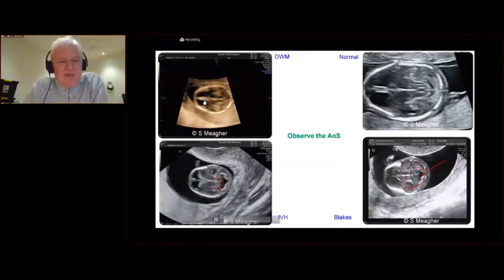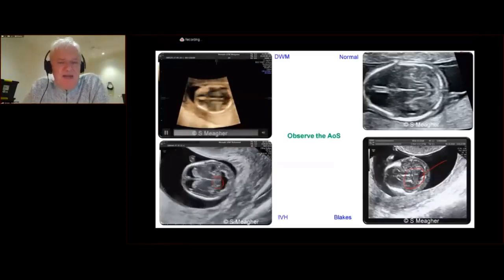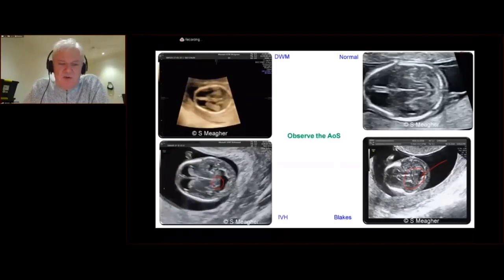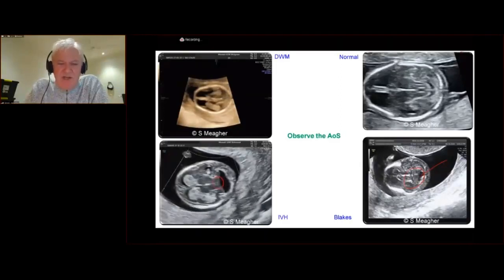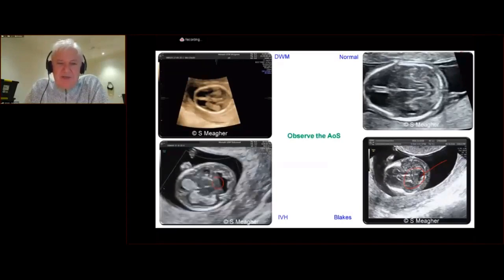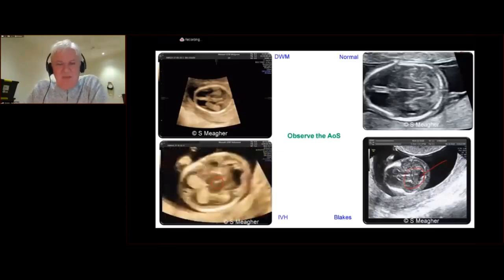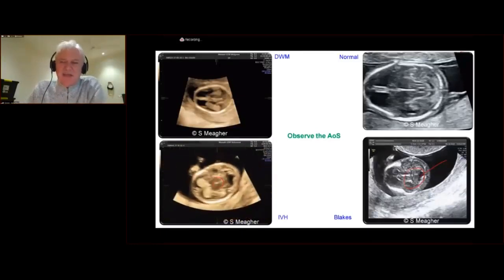So it may well be in time that if we see a dilated fourth ventricle, confirmed that the chromosomes are normal, there's no copy number variance, there's no aneuploidy, that if we look at the aqueduct and see whether it's absent or present and large, it may help us to distinguish between these. But I say that very tentatively because we are only basing this on very small numbers and there's much work